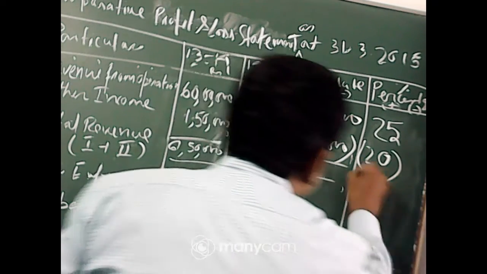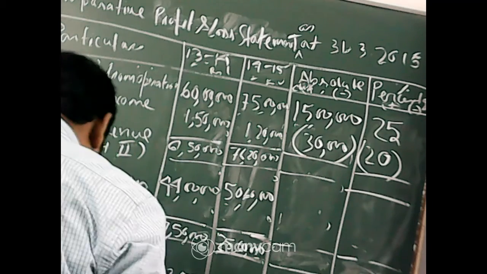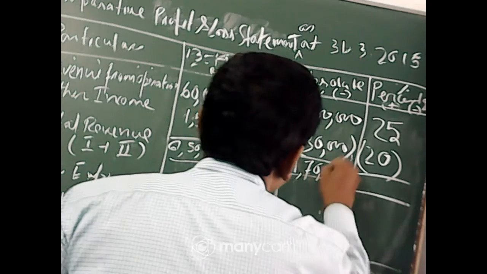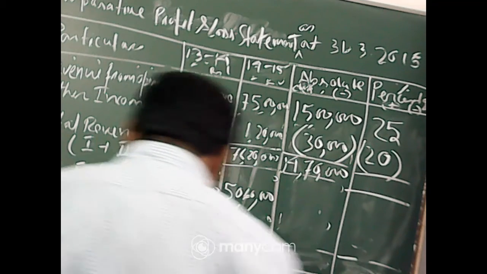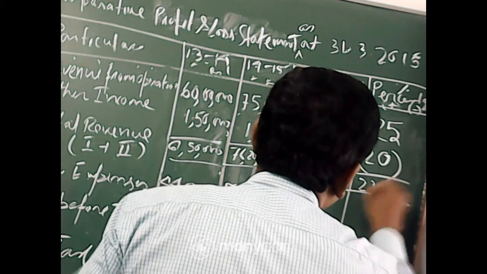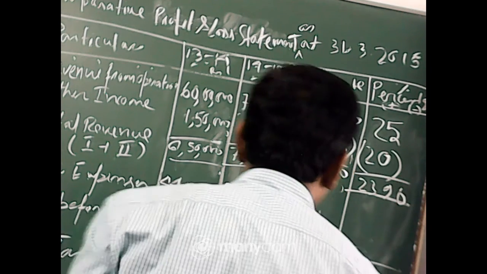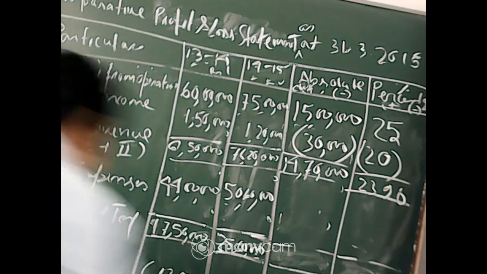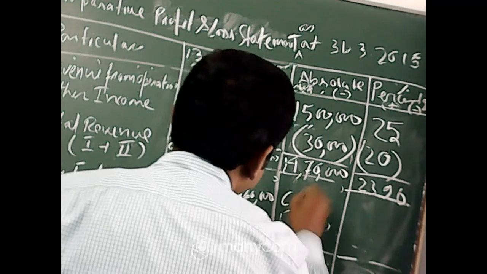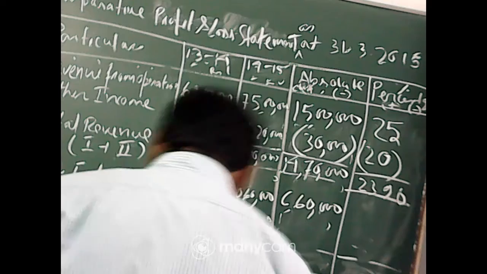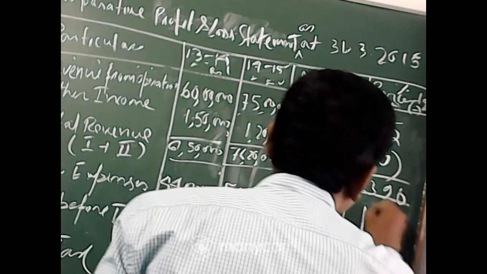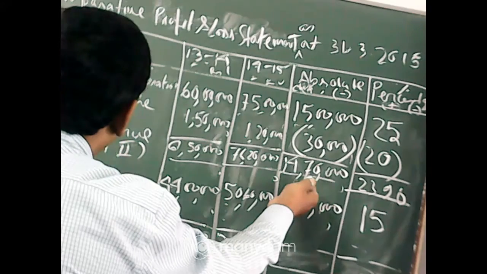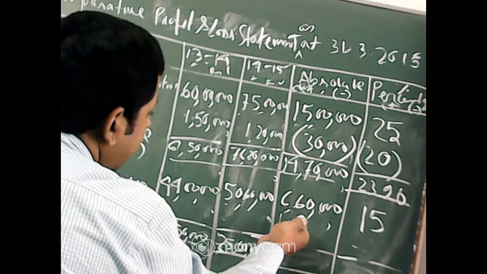Then you have to calculate again. What is the total? 14,70,000. And what is the percentage? You can do it easily, 23.90. Okay. Now expenses. What is the change in expenses? This is 6,60,000 change in expenses. And what is the change in percentage? That is 15%. So now you have to deduct again total revenue less total expenses.